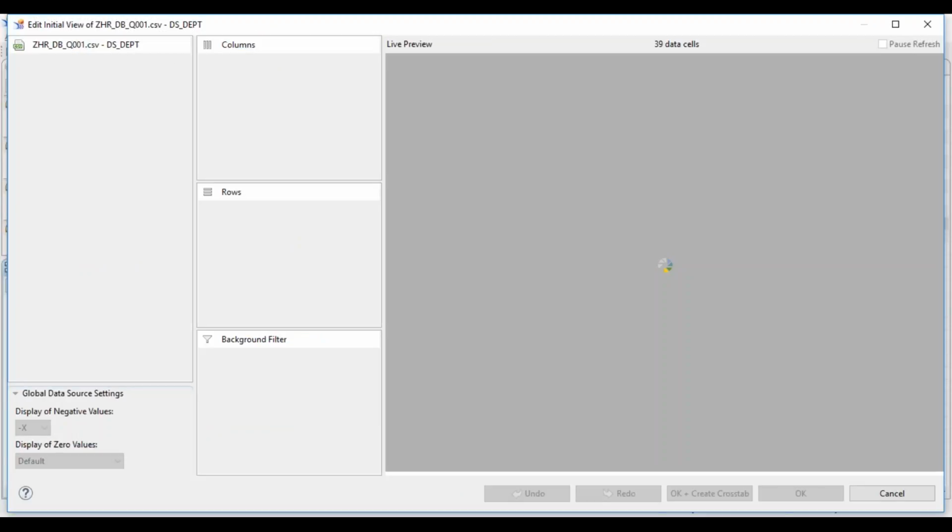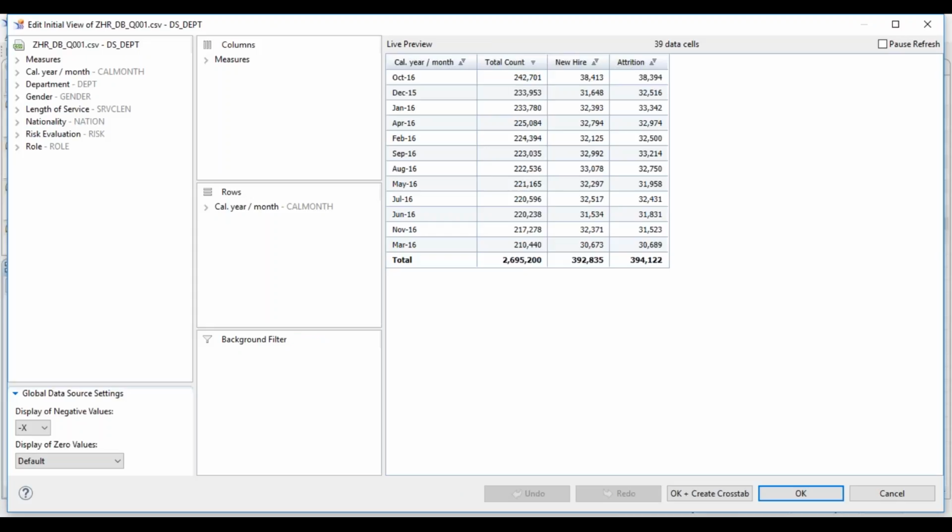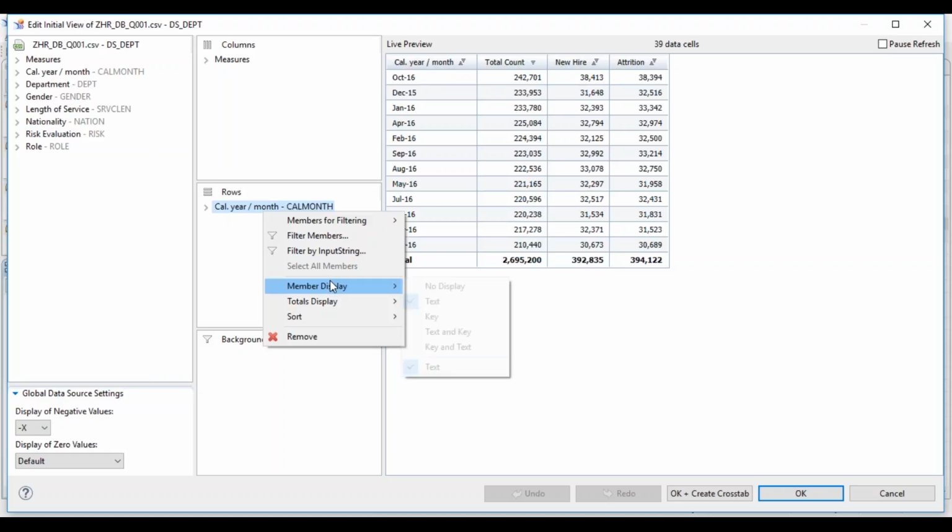Because in Lumira, sorry Rakesh, in Lumira, if we have this type of requirement, we can do it as per the business requirement. We can convert it like that. Here we can't do it. No, here we don't have that option. For example, what we want to display, either key or text or both key and text. That is the option available for display.